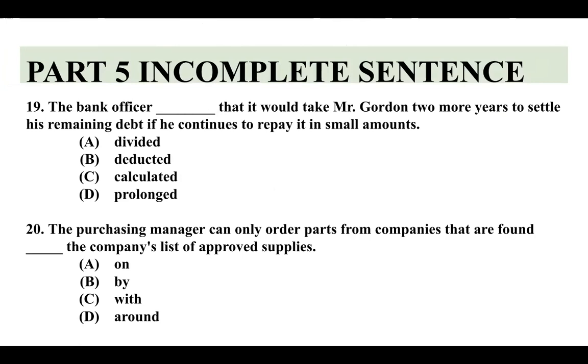The bank officer นะครับ พนักงานแบงก์เป็นไง something that it would take Mr. Gordon 2 more years ทำให้เขาต้องใช้เวลาอีก 2 ปี to settle his remaining debt เพื่อที่จะ remaining debt ในที่นี้ก็คือหนี้เหลือใช่ไหม something if he continue to repay in a small amount, if he continue, if ตัวนี้นะครับเป็น condition sentence ถูกไหมครับ เขาจะมีเวลาอีก 2 ปี แปลนิดหนึ่งนะครับ